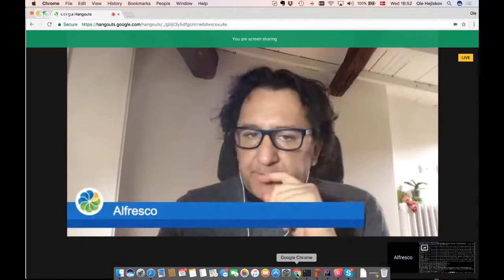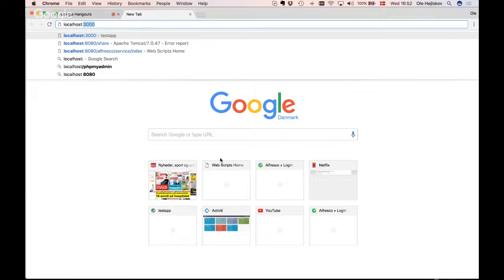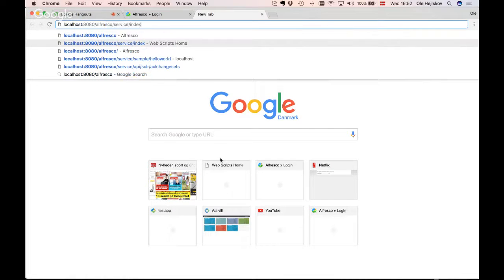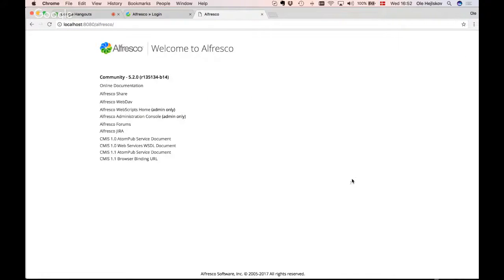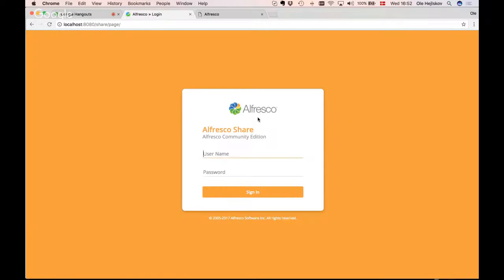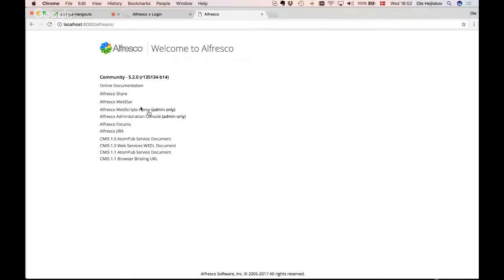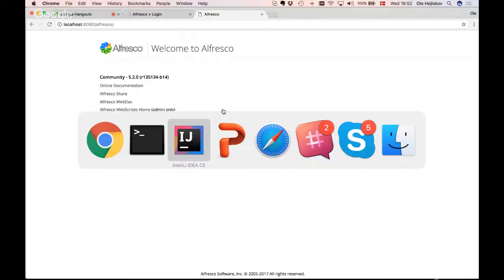So I just wanted to show that this is up and running. As zoomed in, we have the Alfresco page up and running, and we have Share and Solr running as well. So that's all good. This is exactly as you would expect it. So let's try and go through the